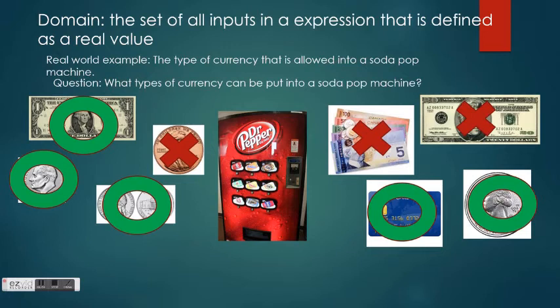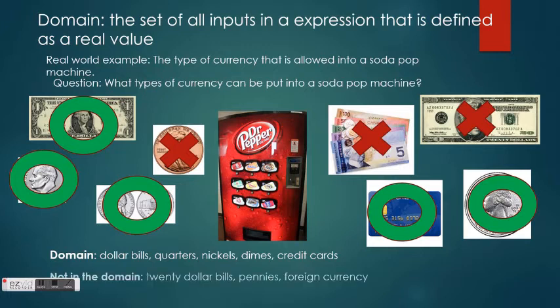We can see that the ones that are accepted would be the green circles, and the ones with the X's are not accepted. Therefore, we can say that in the domain, what can be put into the pop machine is going to be dollar bills, quarters, nickels, dimes, and in recent years, credit cards. That means things that are not in the domain are going to be your $20 bills or higher, pennies, and